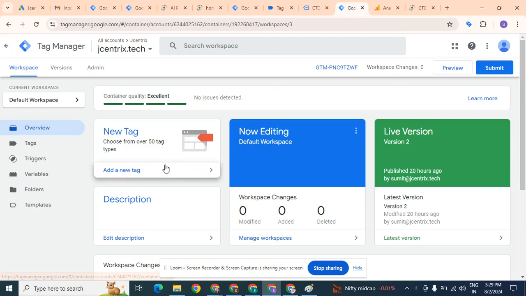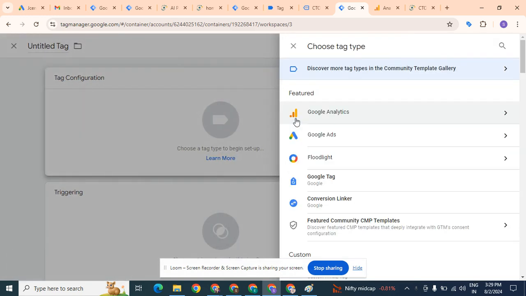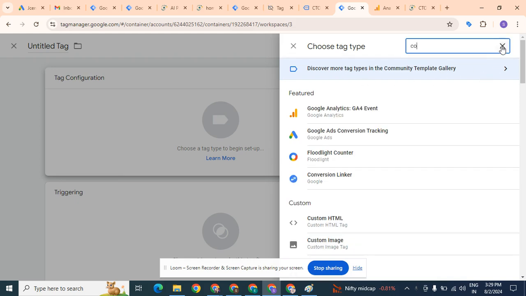We will click on add new tag, right? This tag will be called conversion linker. It integrates Google Ads with Google Analytics. So we click here. If you don't get here, you will try